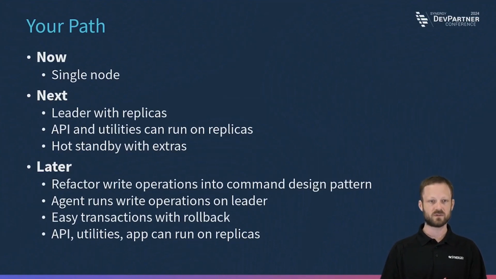So right now, today, you're on a single node, and we'll dive into that a little bit more in the next slide. There's an intermediary step where we have more than one node. So we have replicas, and we have a leader. Leaders are in charge. They can write things. They also can read things, but there can only be one leader. And then there are replicas that are following it.